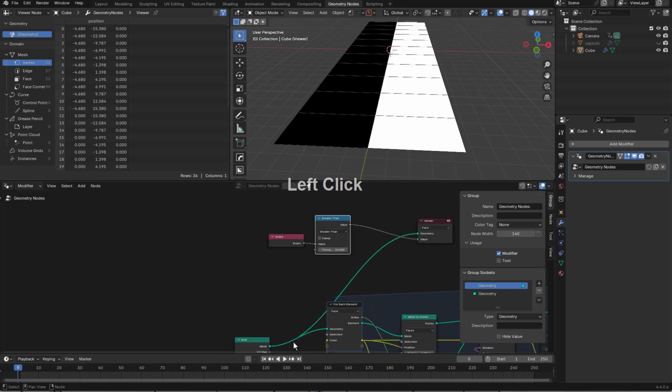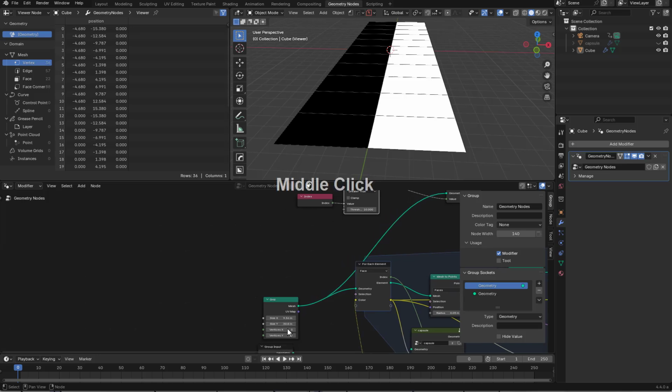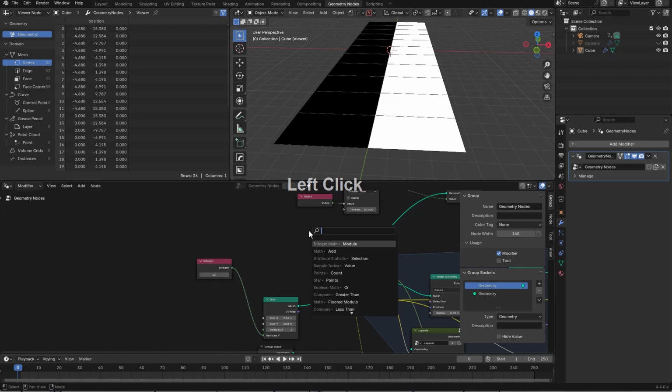Greater than 10 is 11, and we'll just take an integer here, and